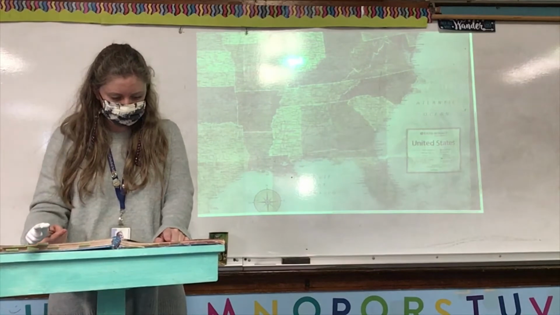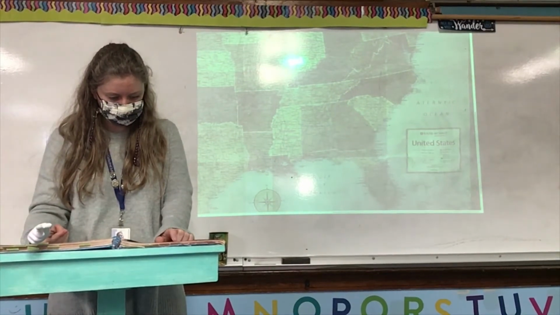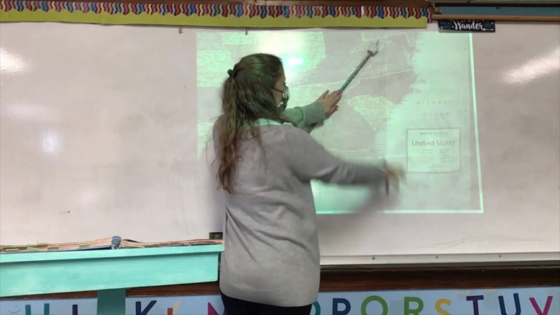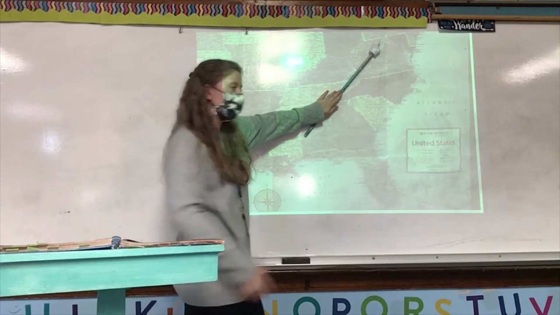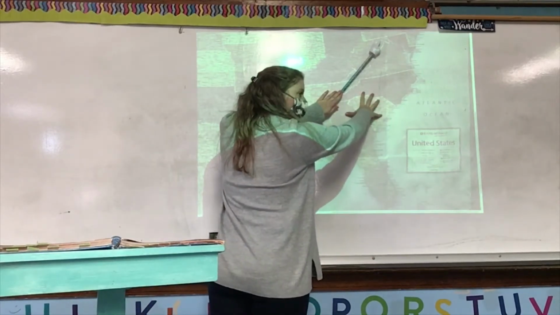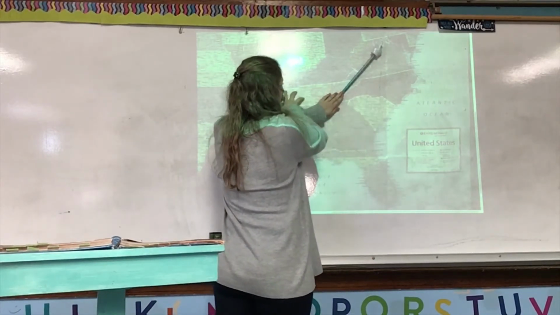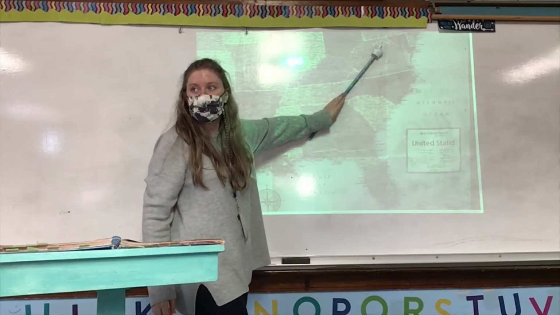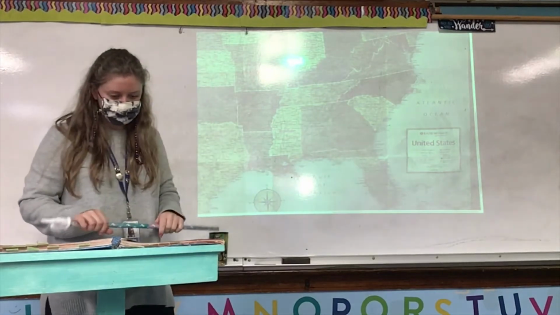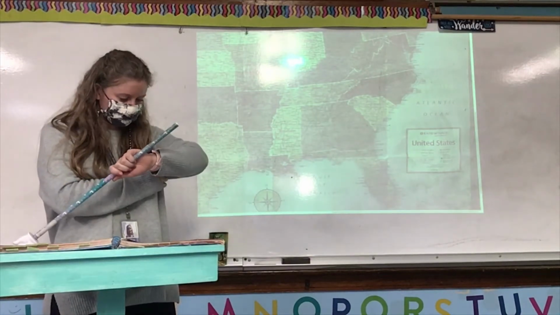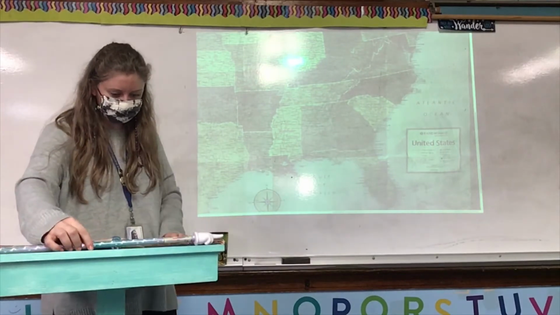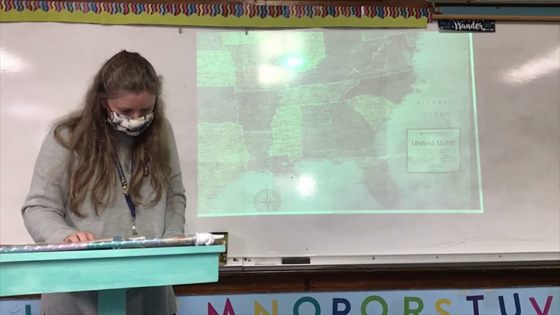Hills and mountains. The Appalachian Mountains are in the middle of the southeast. So, there's the Appalachian Mountains. You can see it's right in the middle of the southeast. We've got the eastern part and then the western part. But the Appalachian Mountains run right through the middle. To the east of them is a hilly region called the